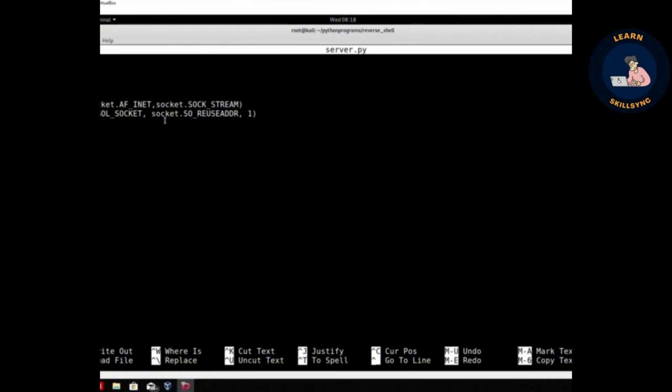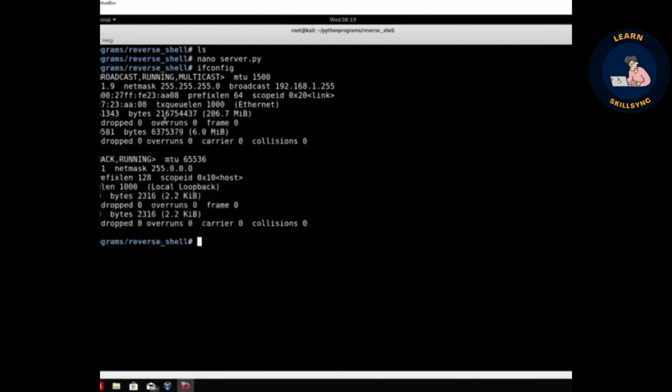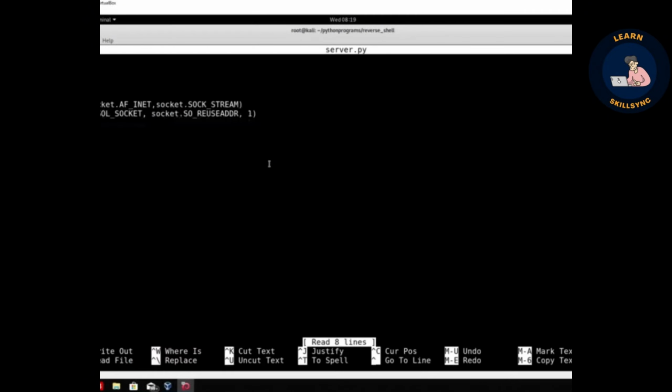Also, the bind function takes the arguments between double open and double close brackets, so make sure to specify those, and in between, first of all, you specify between the double quotes the IP address. In order to specify our IP address, we first need to check it, run ifconfig, copy our local IP address, go back to our server in nano, and paste it between the double quotes. Right after that, we need to separate with a comma